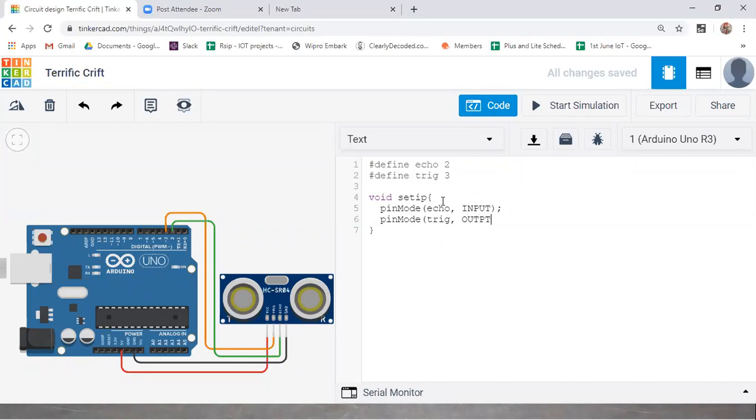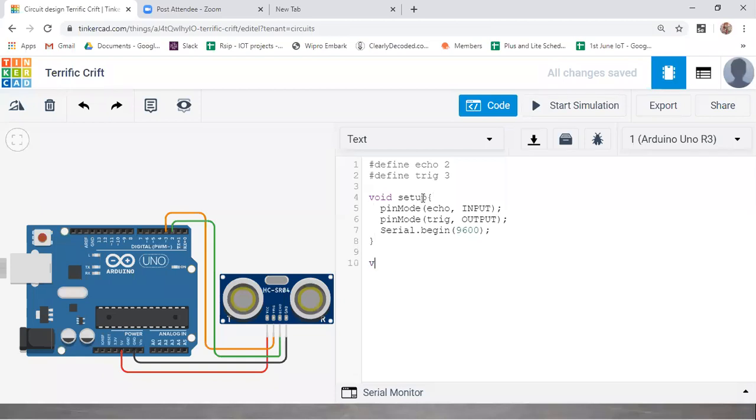That is why I have given the input, and for the trigger pin, output. Here I'm going to set up serial communication between the serial monitor and Arduino. This is how you need to set up, guys.